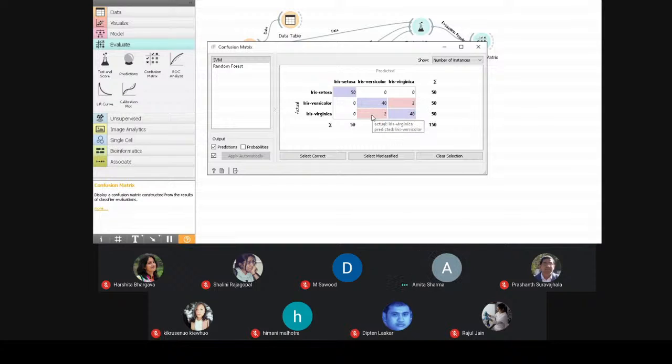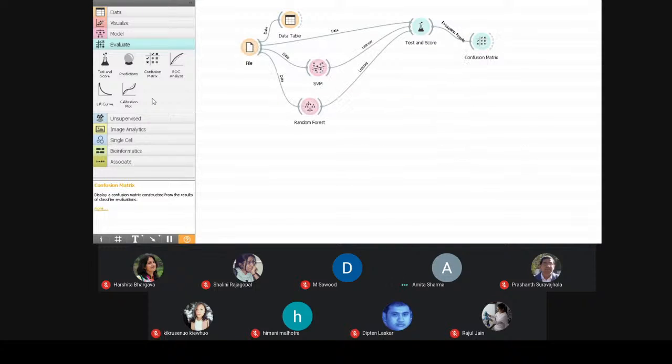If you bring your cursor on a particular field, and if you want to change to the form of proportion, you can use this option. It will show you in percentage form. Similarly, if you want to see the random forest, click it, and it will display the random forest confusion matrix.